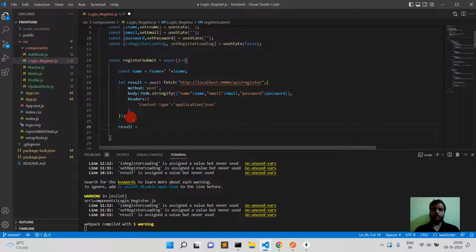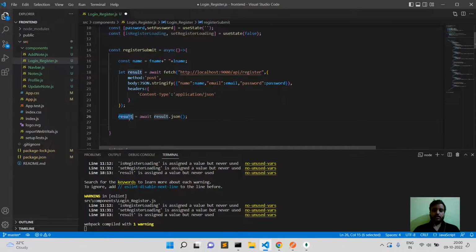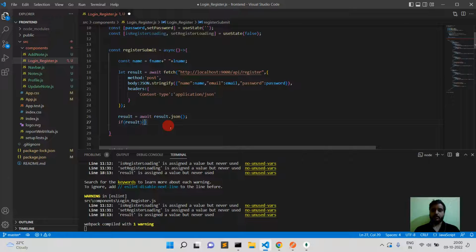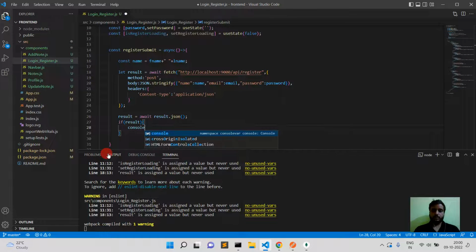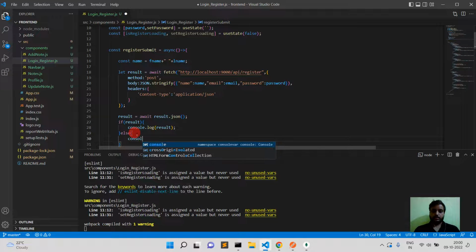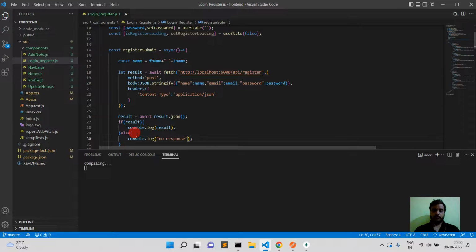Now result equals await result.json. Now when it happens, then we will check this result and console.log, and we will print this result, else console.log no response. Okay,